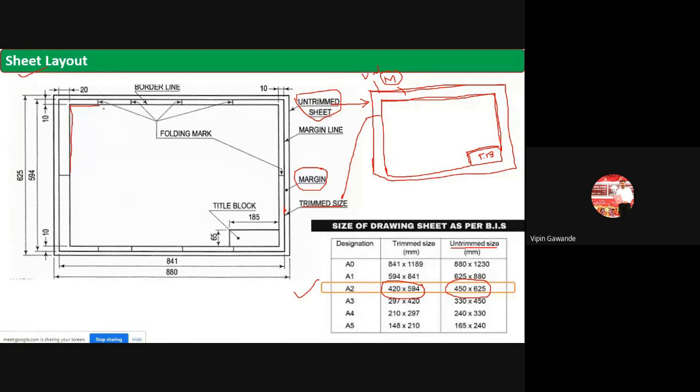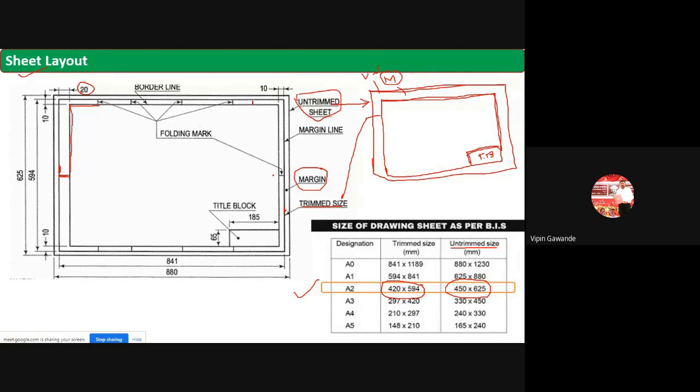Okay, so another rectangle is drawn inside the drawing sheet. Now by taking the dimension as 20 mm from the inside rectangle, that is from the trim size. That 20 mm distance is taken from the left hand side. And then from all the other sides, this distance is how much? From the trim side, this is 10 mm. This is 10 mm. And this is 10 mm. So all the distances are 10 mm.